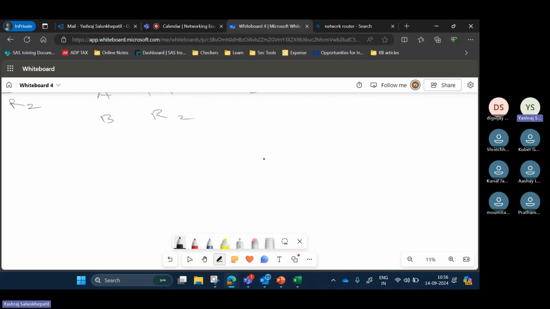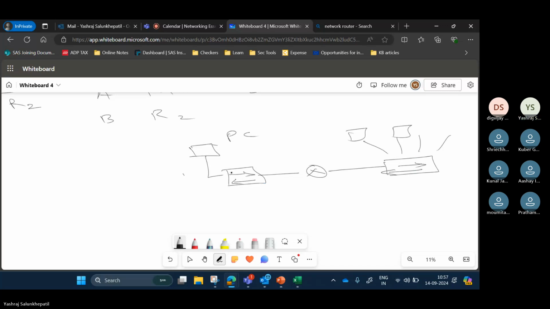ठीक है, तो इस केस में कैसे होगा? Network specific में you have a PC, you have a PC, ठीक है? You have a switch. This is a switch. You have a router. Then again you have a switch, and this has 4 PCs. ठीक है? Now instead of routing table में putting in सबका या फिर next hop का, what I do, I put this network. ठीक है?